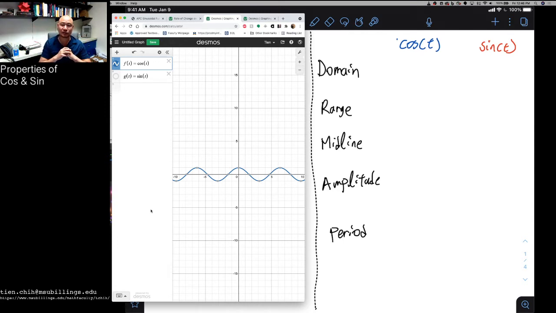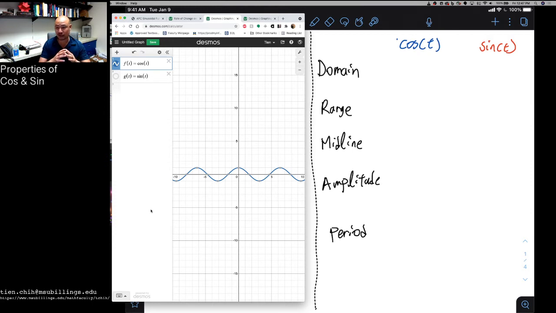All right, and so we're going to examine the domain and range, which are things we should ask of every single function the moment we define them. What things can you put into the function? Can you evaluate it at? What sort of outputs are possible? And then, because these are circular functions, we have some properties of circular functions to examine, like the midline, the amplitude, and the period. All right, so let's take a look